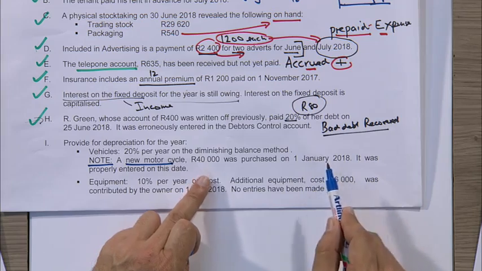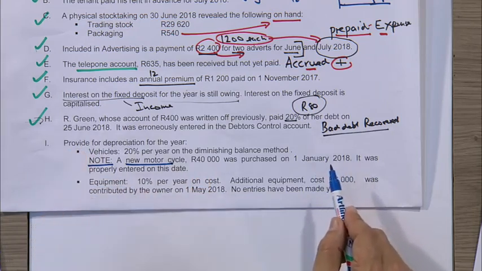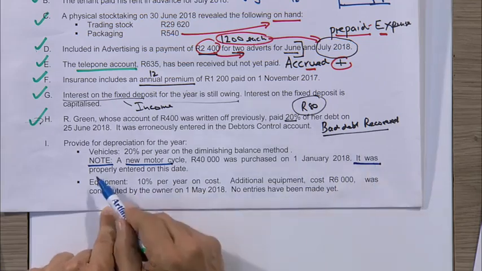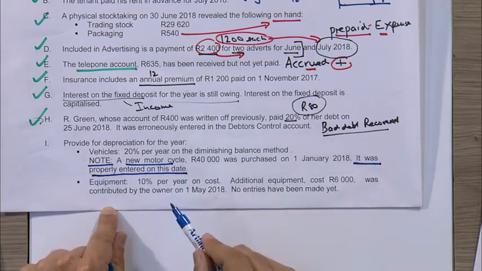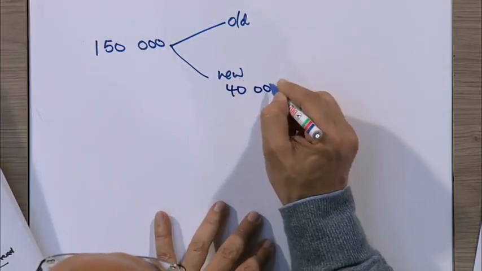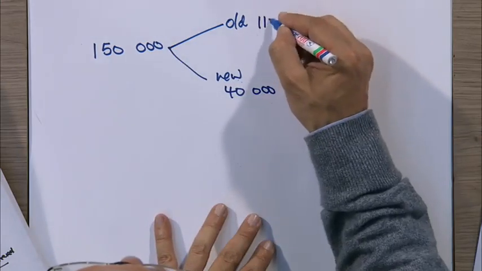What we need to determine is, is the new vehicle included in the 150? So I need to read this sentence. It was properly entered on this date, meaning that the 40 is included in the 150, which means the old is only